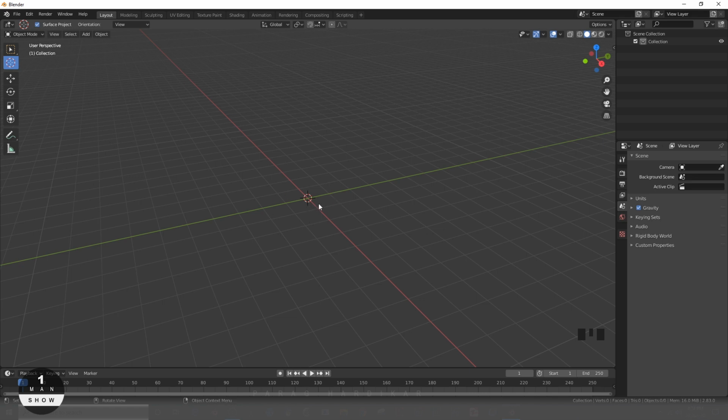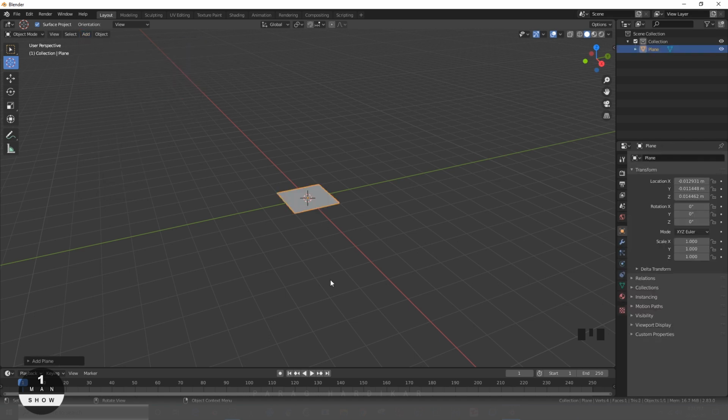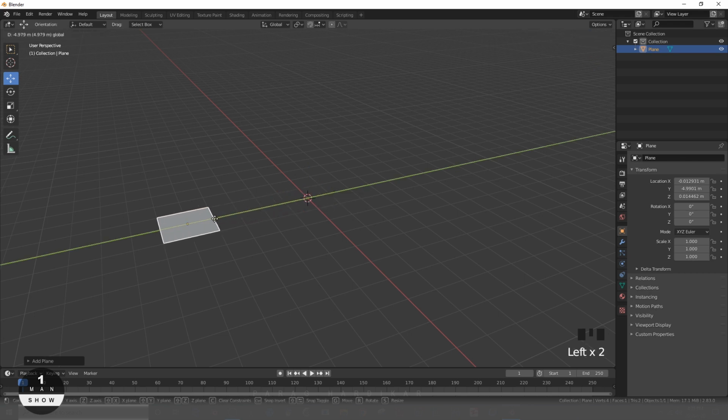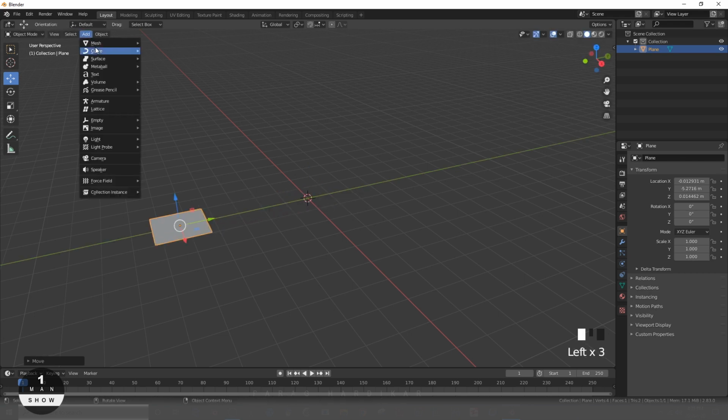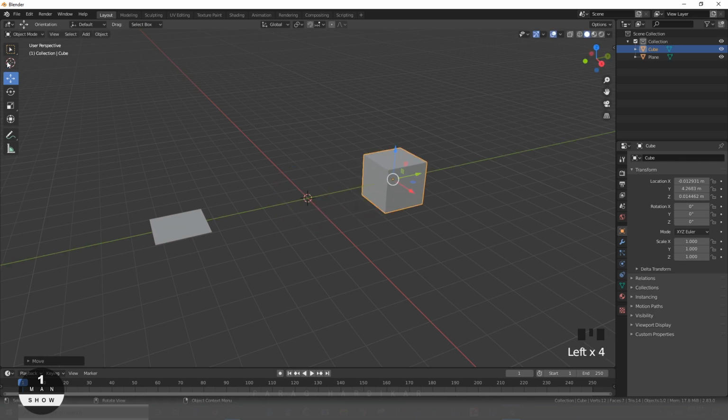Let's add objects. To add object, go to add menu here. I will explain every other object when we need. Let's add from the mesh for now. This one is plain. Let's add every other object, and you can see it will come up from this 3D cursor.